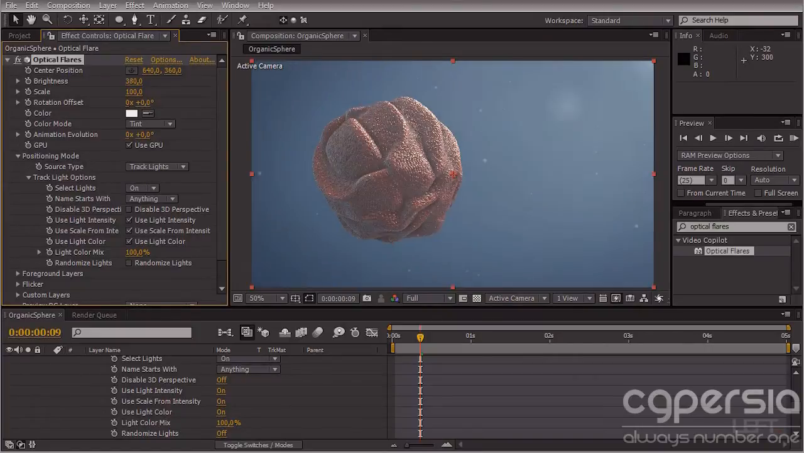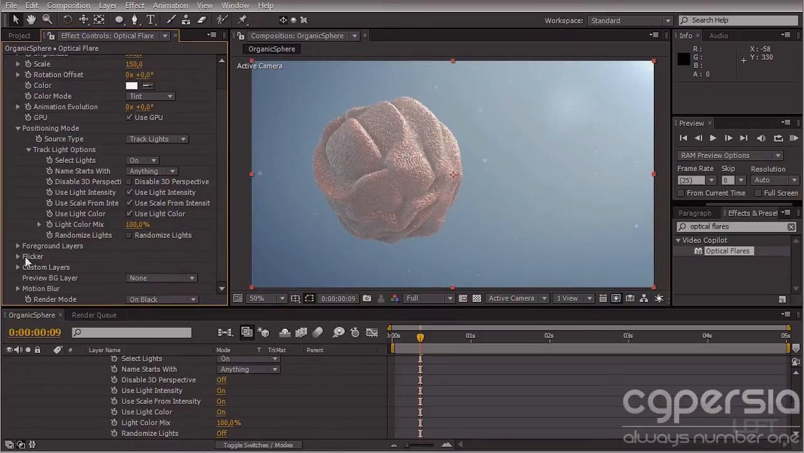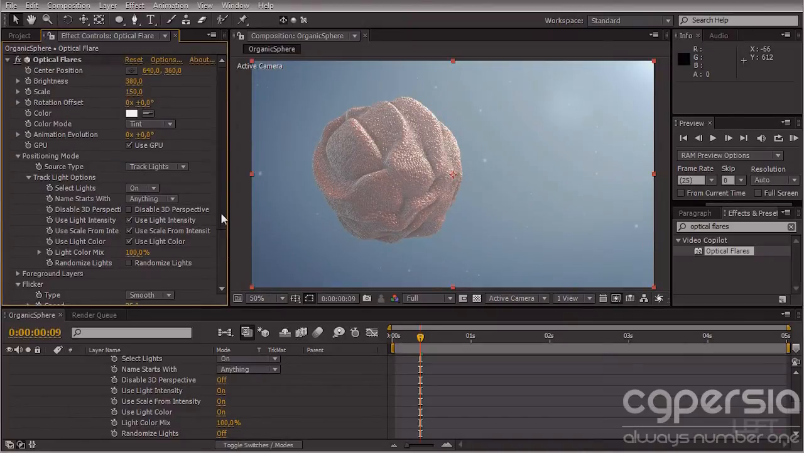Increase the brightness and a bit the scale, and finally let's add a little bit of flicker. The speed 25 and the amount maybe 15. Okay,